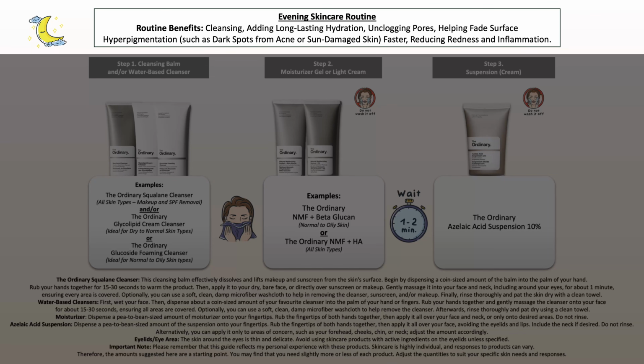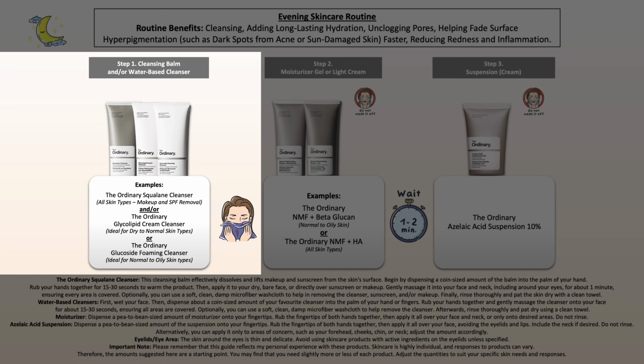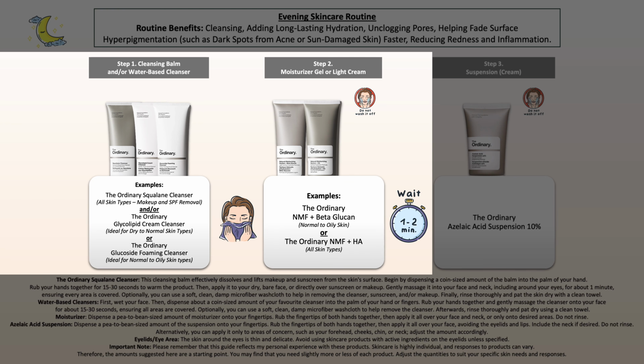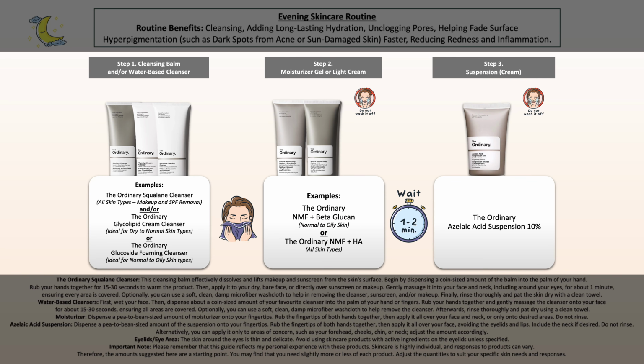And the first routine I've prepared is actually how I would suggest using the products. It's very simple, adds a bit of hydration to the skin, and it gives it a nice slip so that it spreads evenly over the face, allowing you to use less product. So you cleanse your face with a non-exfoliating acid cleanser, then pat the skin dry. After that, you can include either the natural moisturizing factors with hyaluronic acid or beta-glucan. And lastly, apply The Ordinary Azelaic Acid Suspension 10%.